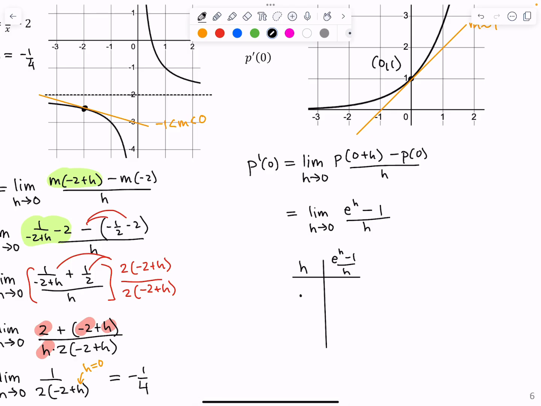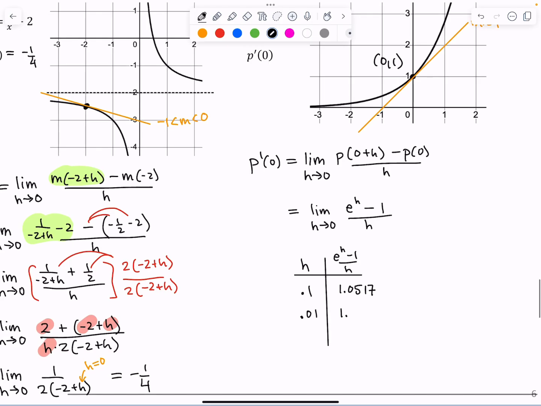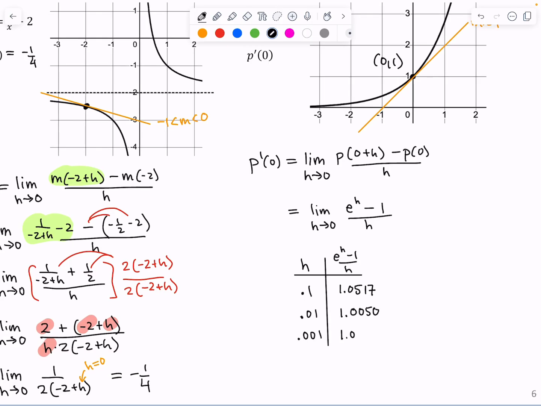I'll start close to 0 at 0.1. When h is 0.1, I use technology to calculate. Rounded to 4 decimals, I get 1.0517. Let's go even smaller for h. 0.01, I get 1.0050. Even smaller, I get 1.0005. And even smaller, I get